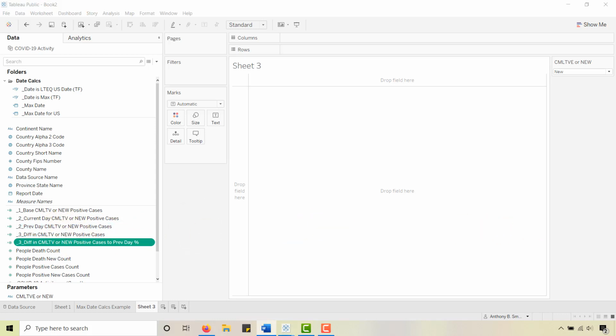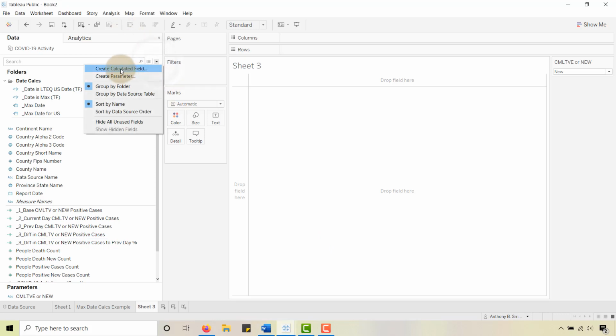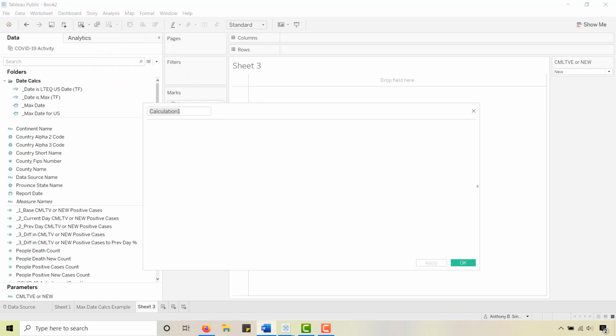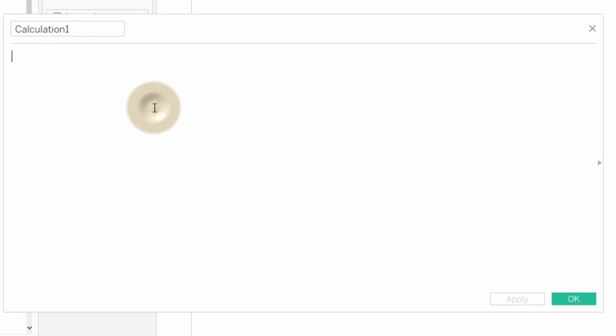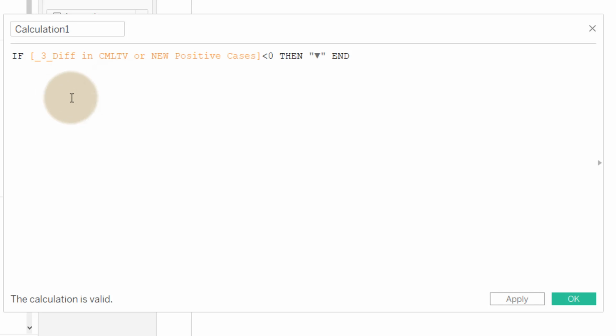And then now we're going to get into the sign, the Unicode symbol. It's going to be a triangle that's up, a circle, or down, right? And so let's go ahead and build out our 3 signs calculations. We're going to create another calculated field, and then I'm just going to copy in. All right, take a look at that. If our difference in cumulative or new positive cases is less than 0, right, then show the down Unicode symbol